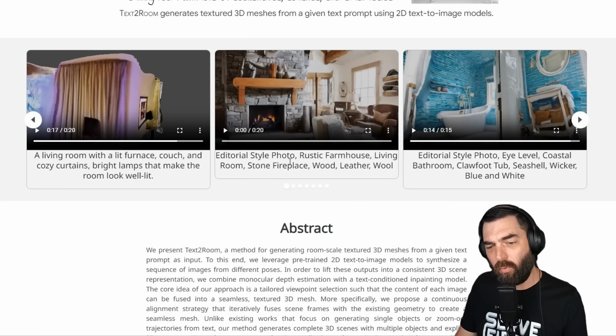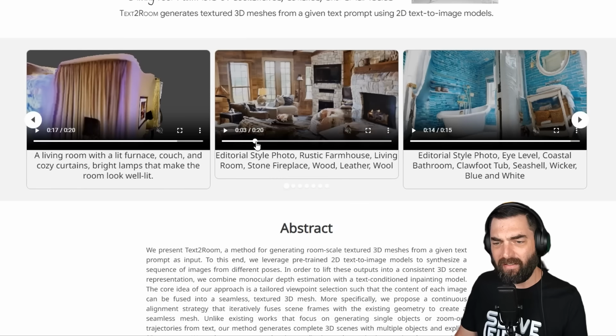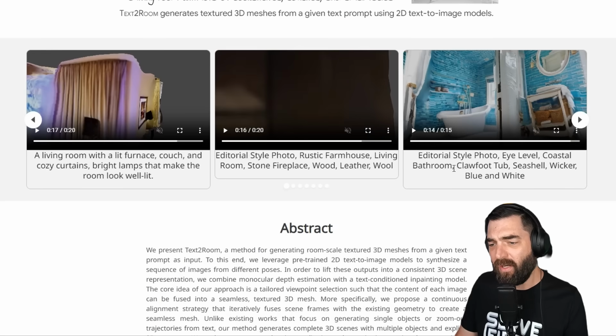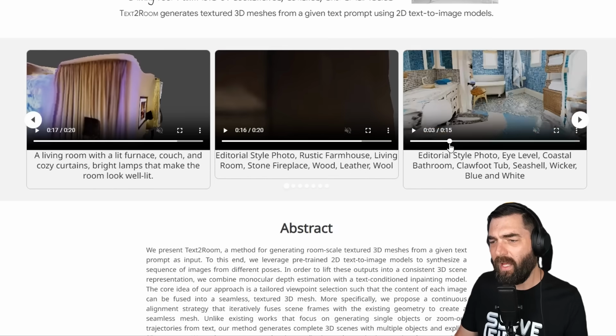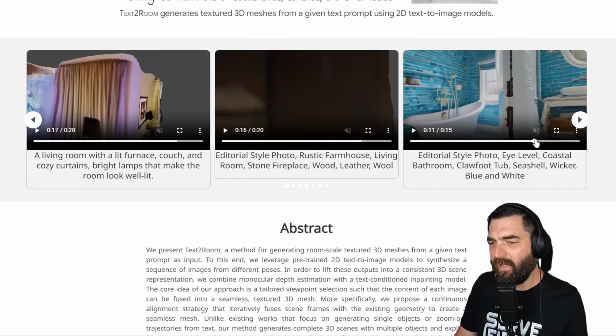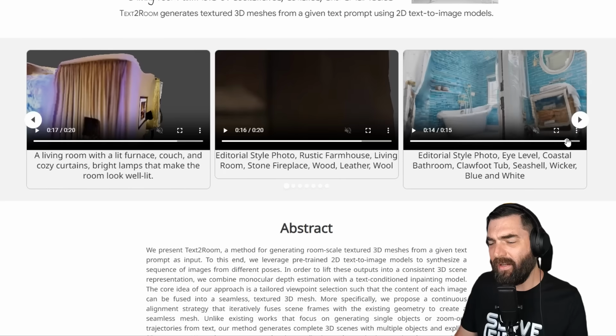Here's another one. "Editorial style photo, rustic farmhouse, living room, stone fireplace, wood, leather, wool," and it generated this entire 3D room with depth map once again, all from a text prompt. Here's another one. "Editorial style photo, eye level, coastal bathroom, clawfoot tub, seashell, wicker, blue and white." And once again, it generated an entire 3D room that can be navigated around and see all of the elements